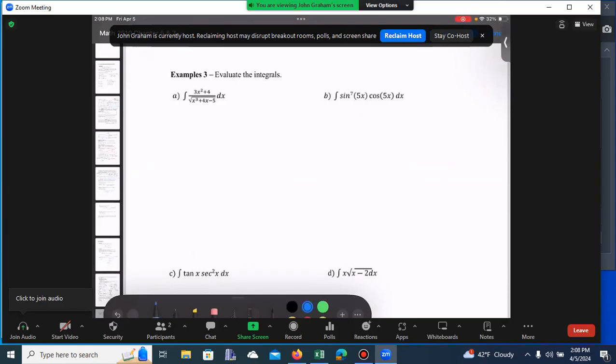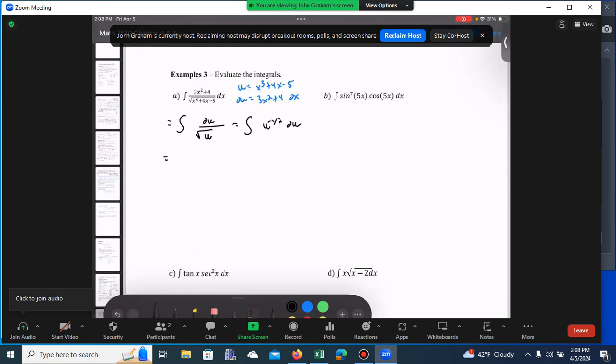So, for example, u equals x cubed plus 4x minus 5. du equals 3x squared plus 4 dx. That is what we have on top, 3x squared plus 4. So this will work for the u substitution. So it becomes the integral of du on top over square root of u,